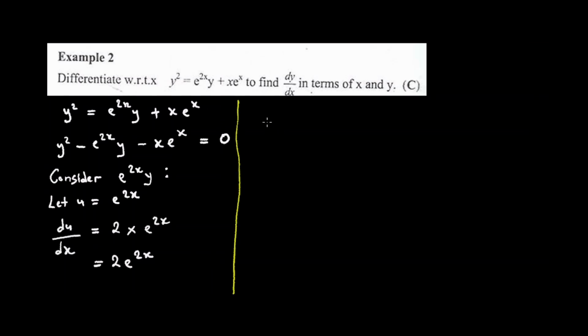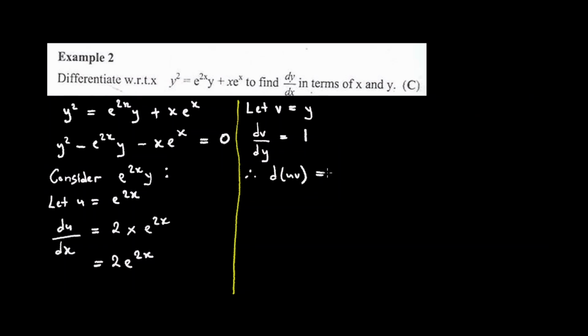Takuda kutsvaga futishi takuti let v be equal to e to the 2x, saka v anenge ari equal to y, and derivative yedu pano dv dy is just equal to 1. Derivative of y ndi 1. And saka we know kuti